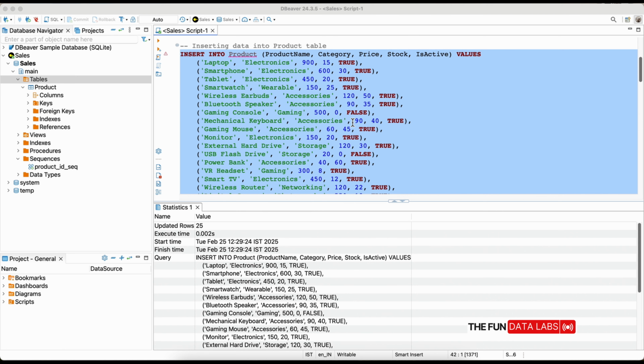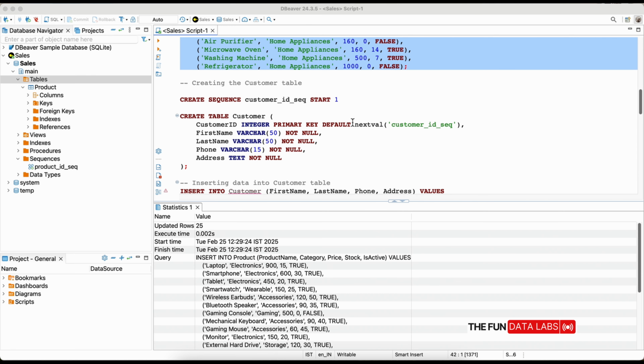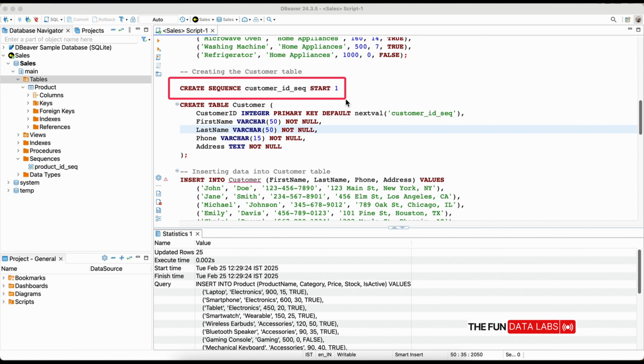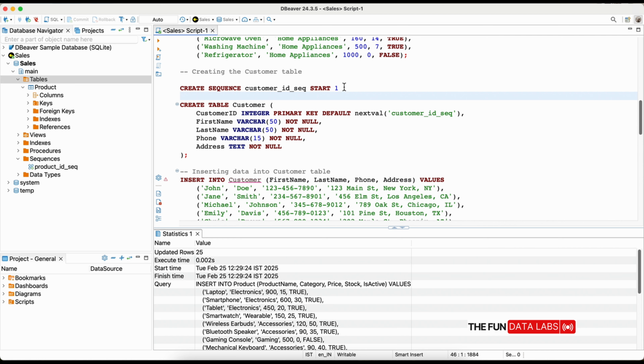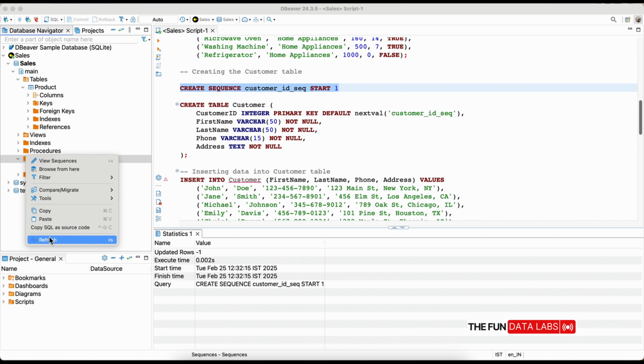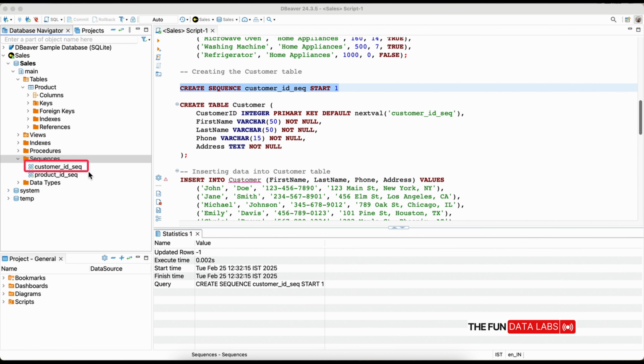Next, we can focus on another table, which is the customer. First, we need to create the sequence for this table. We have a sequence in the same way as we had for the product table. Let's run this query once using the play icon on the left bar. And you see we have a success message in the panel below. We can also check the sequence on the left side. In the left panel, you see we have the sequence menu. We can right-click on this and refresh. You see our sequence is available under it. Means it's been created.